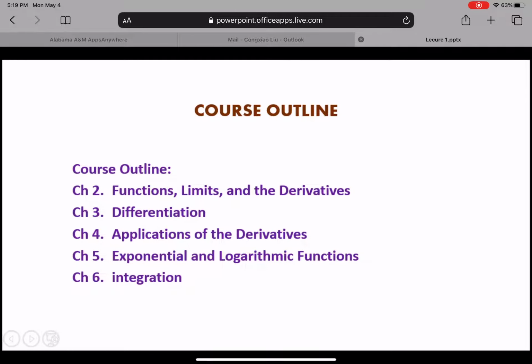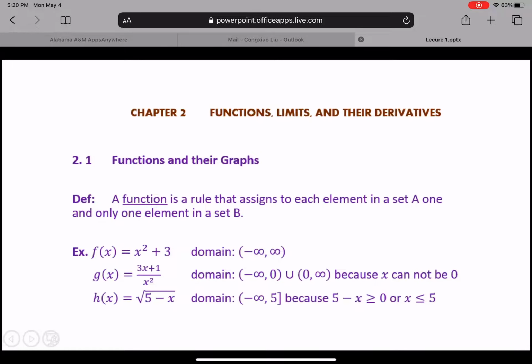In this course, we're going to cover 5 chapters. We're going to start from chapter 2, functions, limits, and the derivatives. And then we discuss differentiation in chapter 3. In chapter 4, we do applications of the derivatives. And in chapter 5, we talk about exponential and logarithmic functions and their derivatives. In the last chapter, we discuss integration. So let's start from the second chapter, chapter 2, section 1,